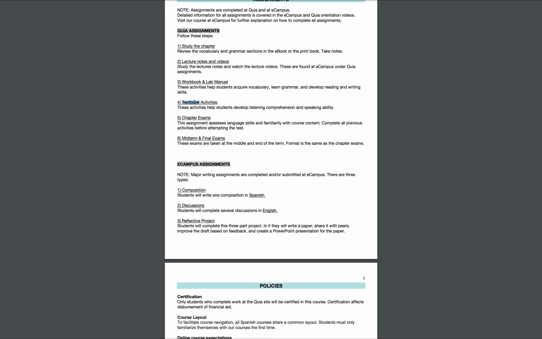The textbook activities are going to be daily. The workbook activities are mainly fill in the blank and open-ended questions, where you write. The textbook activities are also that, but you will also be recording. The exercise will require you to record your answers. So make sure that your computer has a microphone and that it has the capabilities to record.